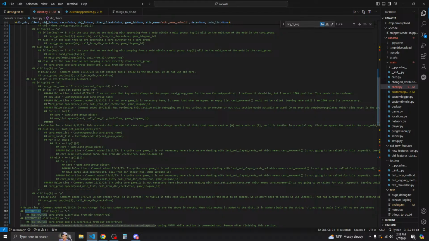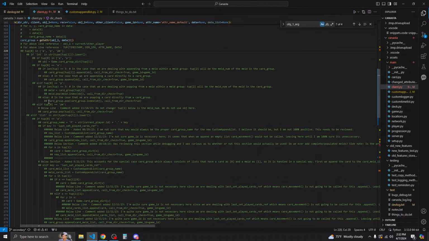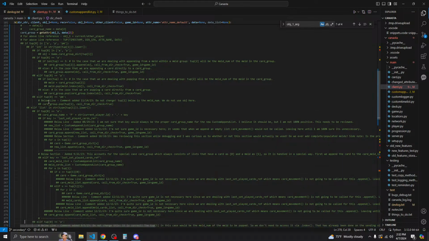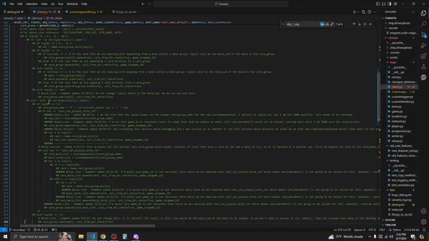So if tuple 0 is equal to C, then I don't know if this is indented correctly. Tuple 0. I think this is supposed to say if. I must have deleted the if on accident. If tuple 0, and then so this is if A, P, P, and M, and then this is going to be an elif.